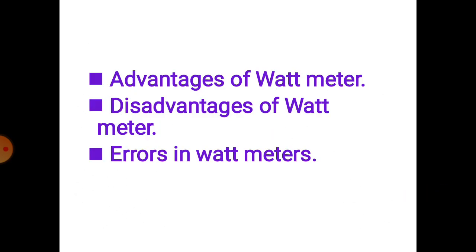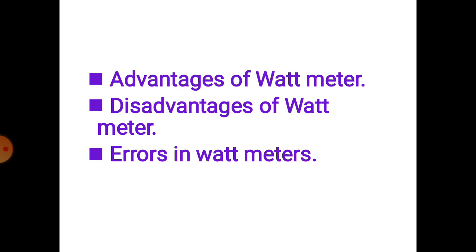Next we are going to discuss the advantages of wattmeter. First one, there is a uniform scale. Second, free from effects of stray magnetic fields. Third one, free from frequency error. Fourth one, full scale deflection of 300 degree, hence long and open scale. So next, disadvantages. First one, accuracy is affected by variation in frequency and temperature. Second, more weight. Third one, more power consuming. And fourth one, suffers temperature errors.